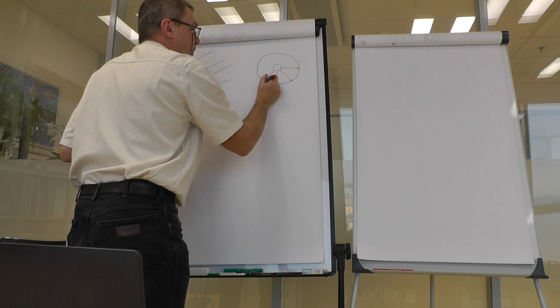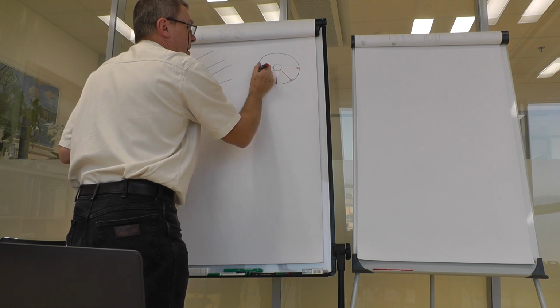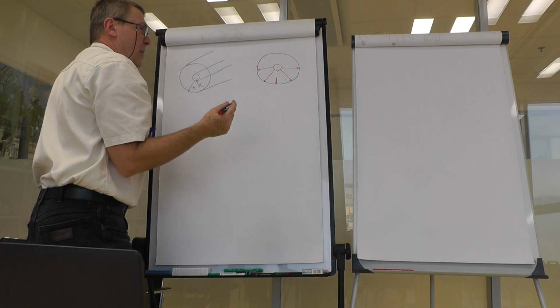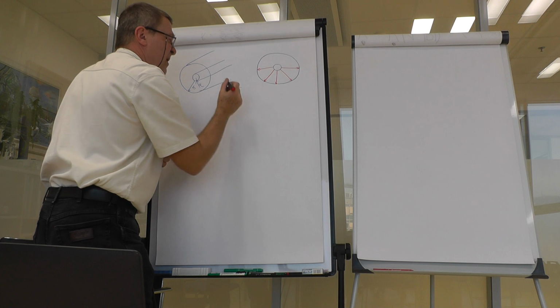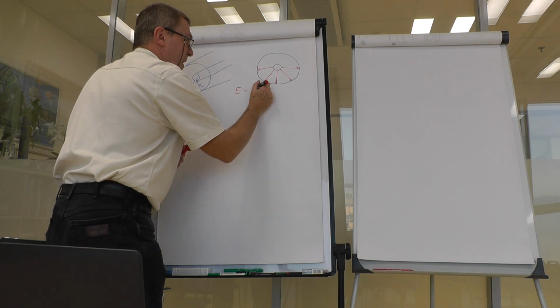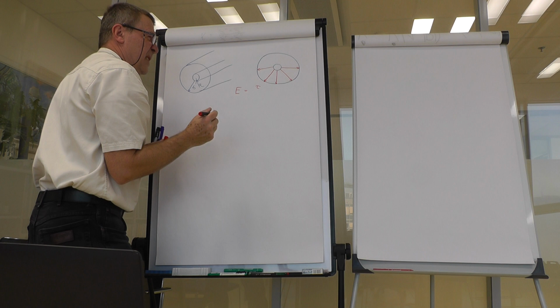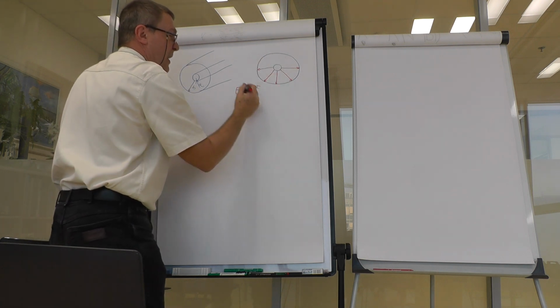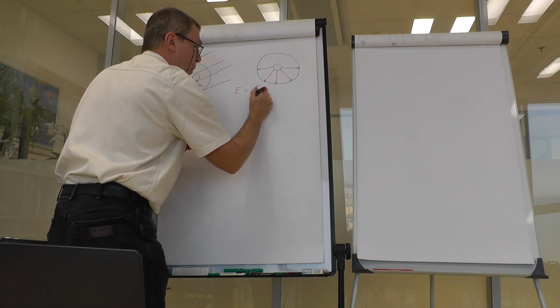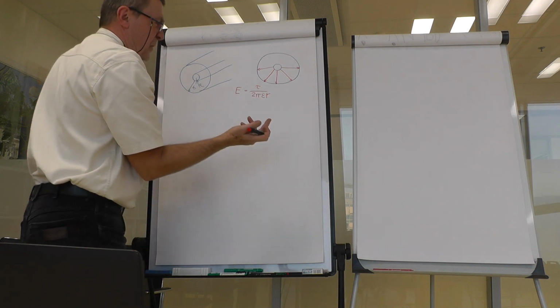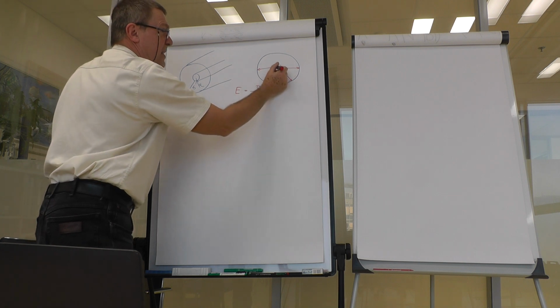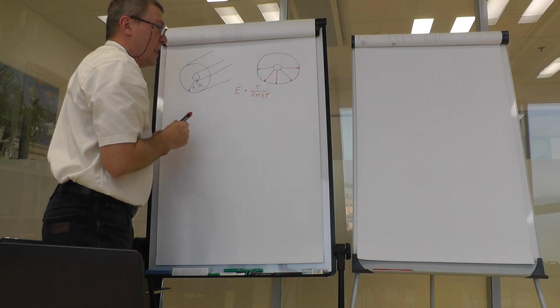And as you can see, the field is not homogeneous. In fact, we know that the electric field strength E is given by the linear density of charge sitting on the inner conductor divided by 2 pi epsilon r,